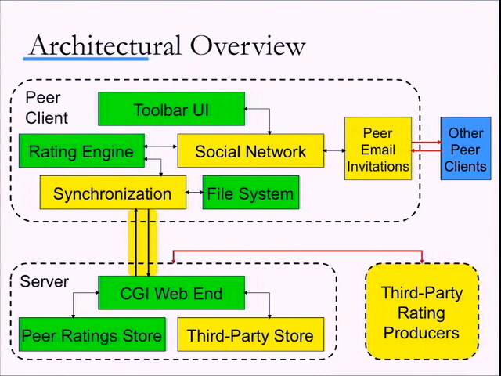So we have third-party storage. We haven't got a published API for open third-party storage. Wasn't that scary? We have peer email invitations. The thing we don't like about the email invitations is that they give the server social network information. So we don't like that. The backend file system works very well.